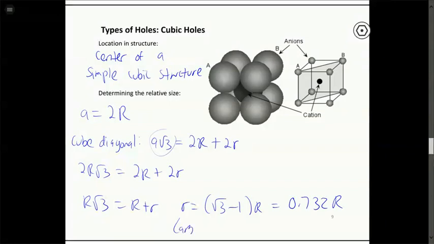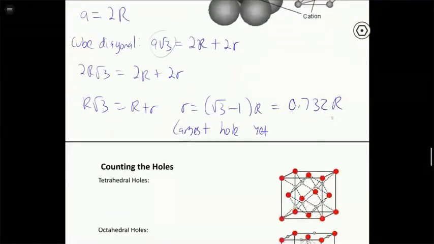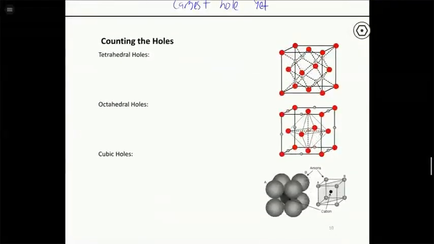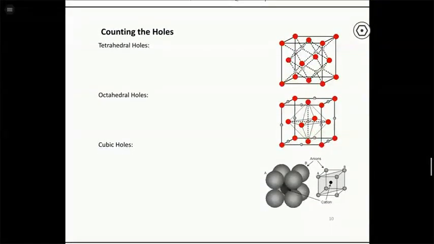So those are the 3 types of holes that we can have in an ionic compound where the opposite charge are going to sit in one of those holes. Okay, so we saw that those are the limiting sizes of each of the holes. And then the last thing we want to talk about is how to count the holes, okay? So how many of each hole are there in the structure? How many total ions could fit in there? So again, this time we're going to use the rules for counting atoms in a cubic structure.